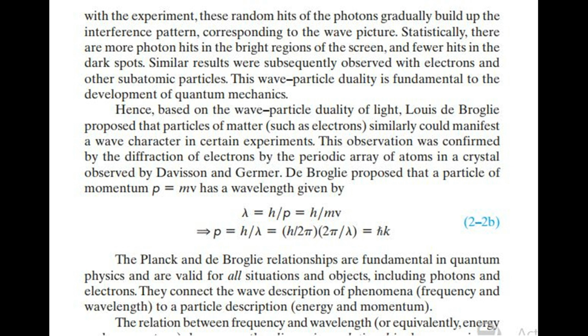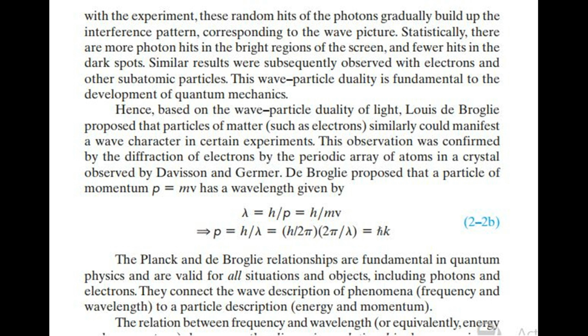Hence, based on the wave-particle duality of light, Louis de Broglie proposed that particles of matter, such as electrons, similarly could manifest a wave character in certain experiments. This observation was confirmed by the diffraction of electrons by the periodic array of atoms in a crystal, observed by Davisson and Germer. De Broglie proposed that a particle of momentum p equal to mv has a wavelength given by